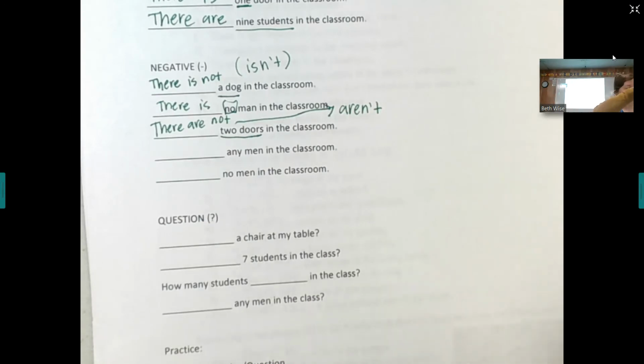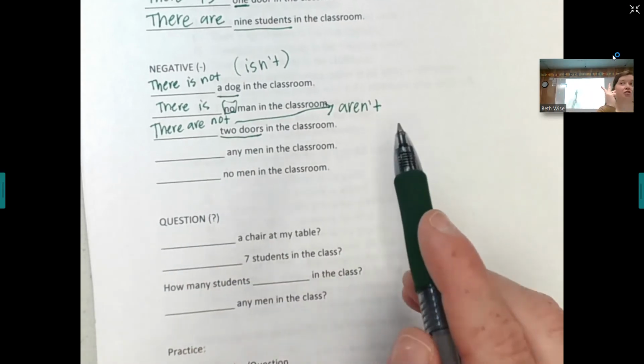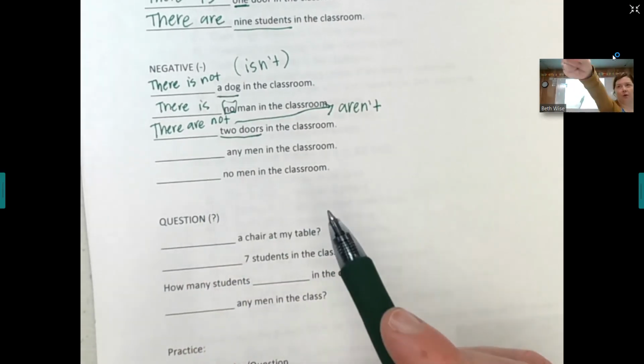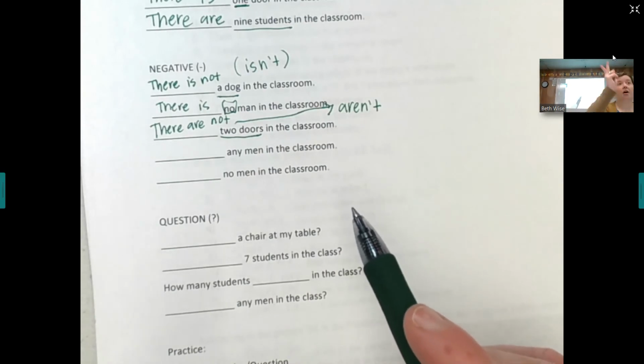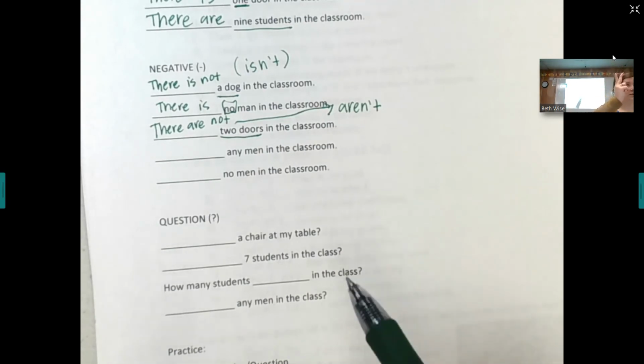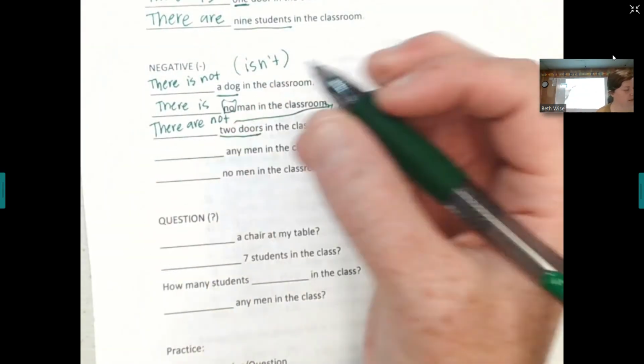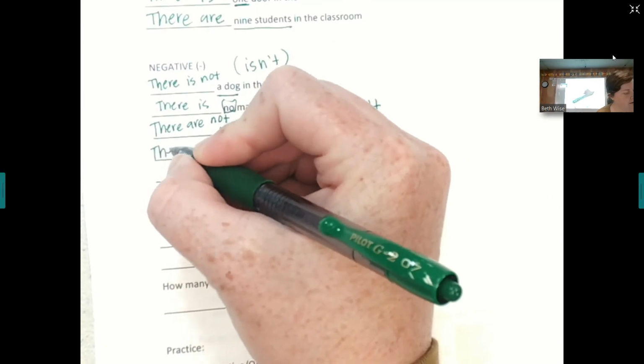Okay, so there aren't 2 doors in the classroom. We only have 1 door. There aren't 2 doors. Or there are not 2 doors. Okay? All right, here's another thing we can say. There